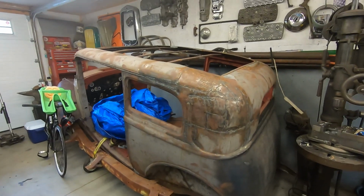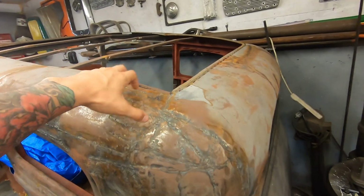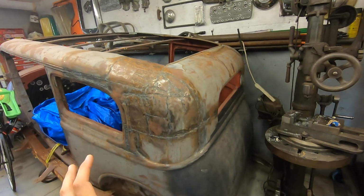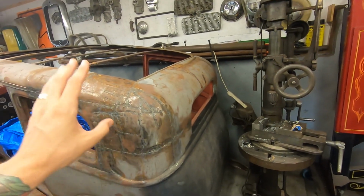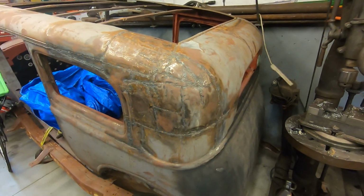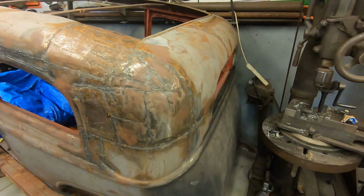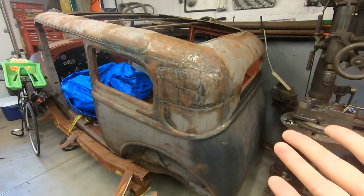There is a lot to do on it, but maybe not a lot, because he is selling this car. This will be for sale, but I'm going to clean it up and make it more presentable. The other side is better than this one. There's only like 2 cuts in it, but this, I don't know what someone was thinking. I got no idea. So I gotta fix this,